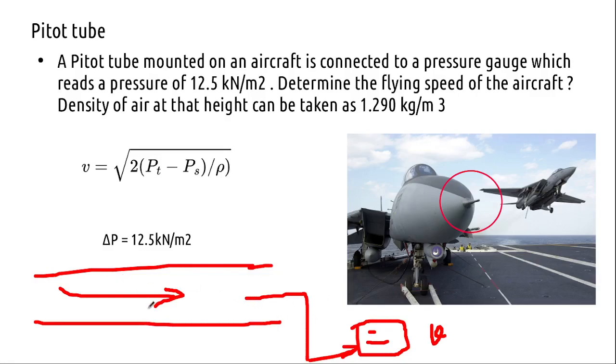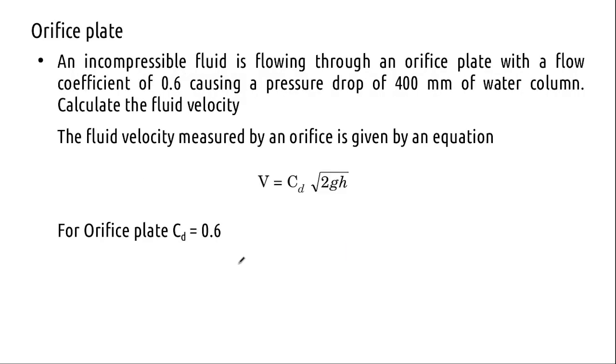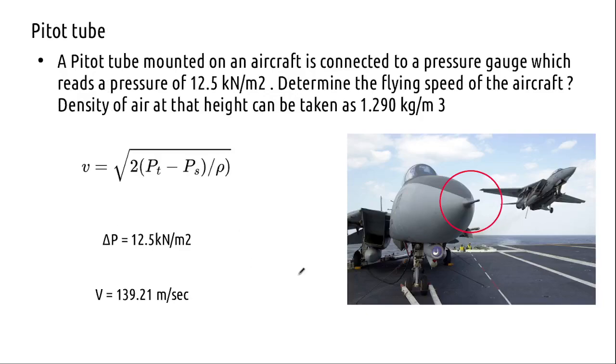So as part of the assignment you will have to find out one Pitot tube data sheet. Velocity 139 meter per second, 139 meter per second, right? So you will have to collect a data sheet for a particular one. Search the net, find out the Pitot tube data sheet. I'll just show you how it is done. Okay,